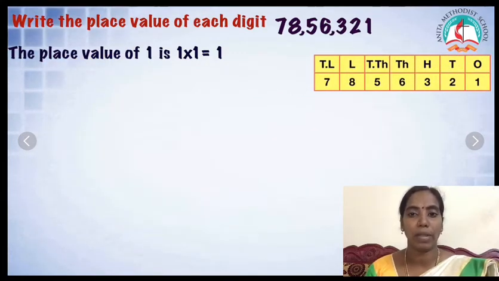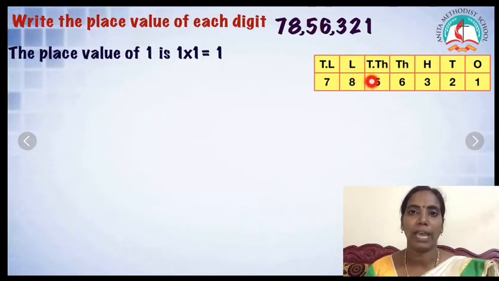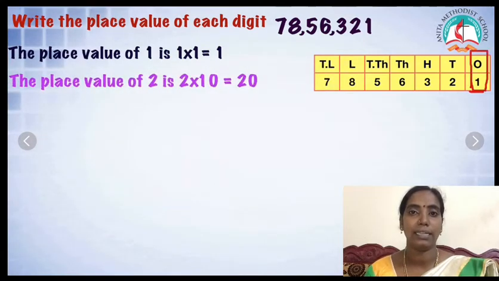so for the place value, always look at the number from right side to left side. So right to left is the order in which we find the place value. What is the first number? 1. 1 is located in the ones place. So 1 into 1, what will you get? 1. What is the next one? The 2 is in the tens place. In tens there is 10, so 2 into 10, 20.